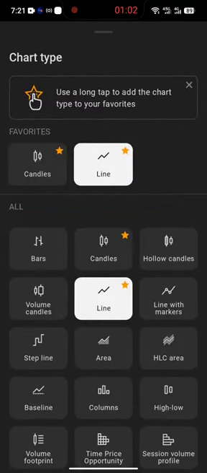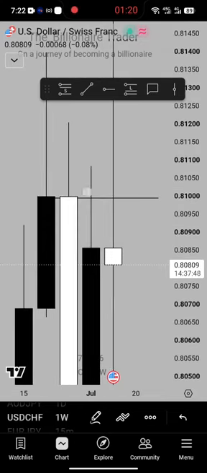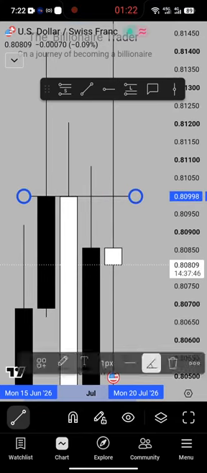Price got there last week, it's rejected. That's a signal. The rejection is a signal. The following week will give us the confirmation. I hope you get it. So the first week, price rejected. This week, what did price do? Price also went back to that key level as well, and